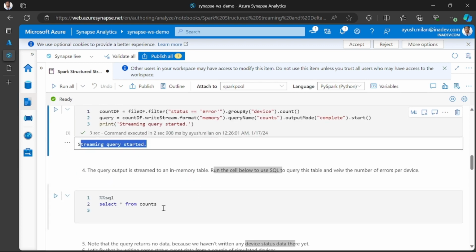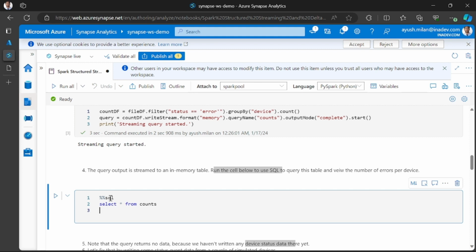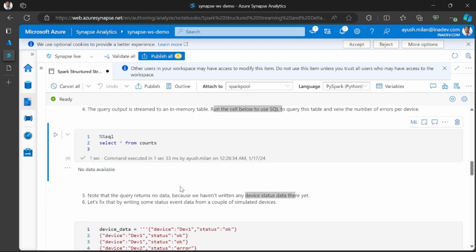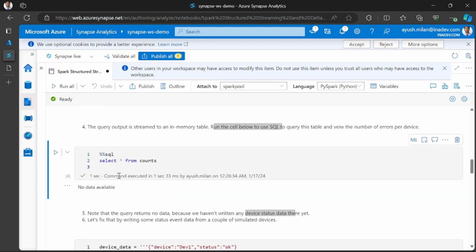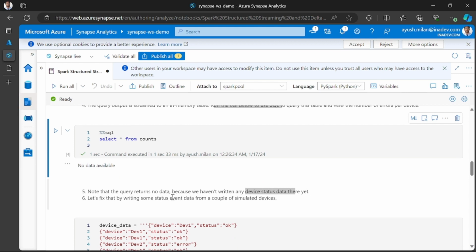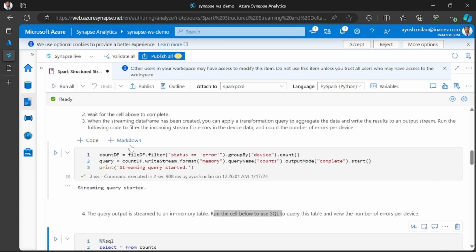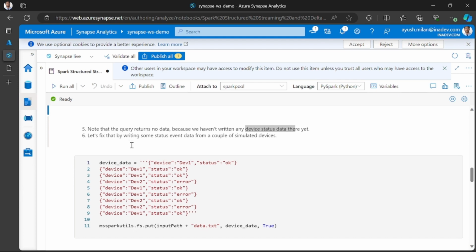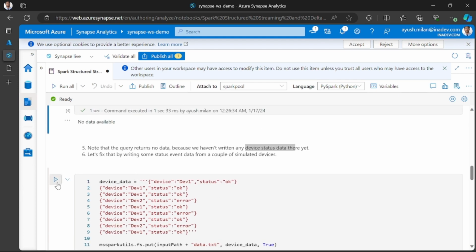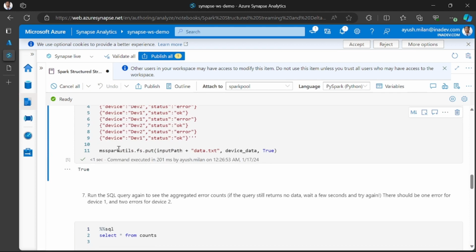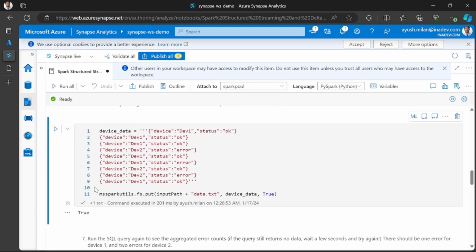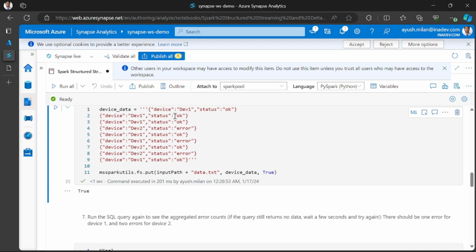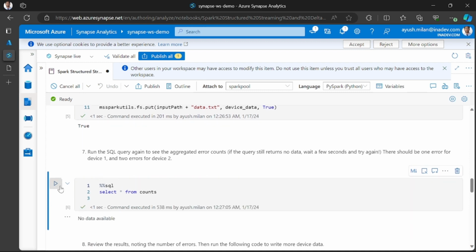Using an SQL query, we will find the data if we have any device data, but we are not writing any data to the input folder yet. So we are adding some device data to our input folder by running this command. After this, these device data are added to the streaming, and if you run this cell,